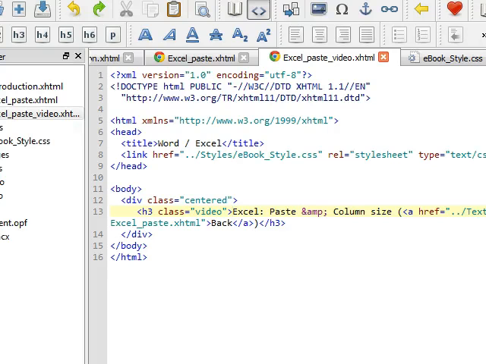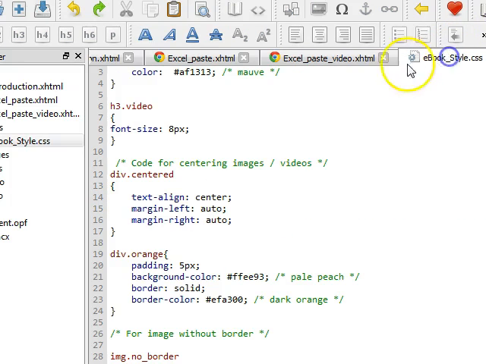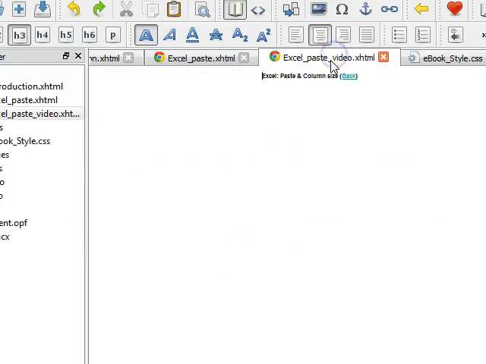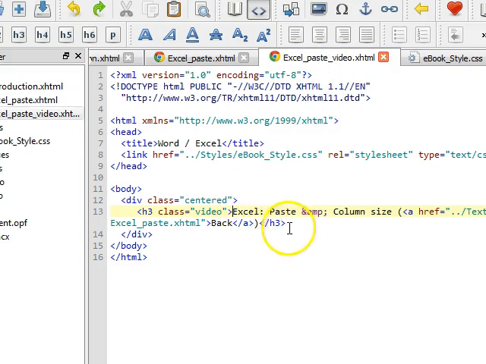At this point, we're ready to put in our video, and I've decided to center everything by using a div, or a box, and the class is centered. And if you've used the template, you already have a div centered class in the CSS, and we can check by double clicking. So to put the video in, after the H3 heading, but inside the div, I simply insert a file,